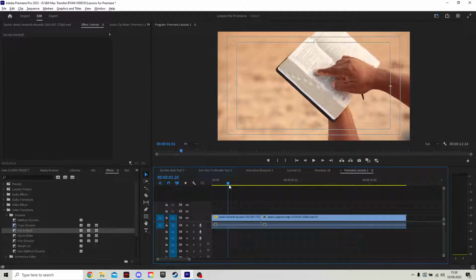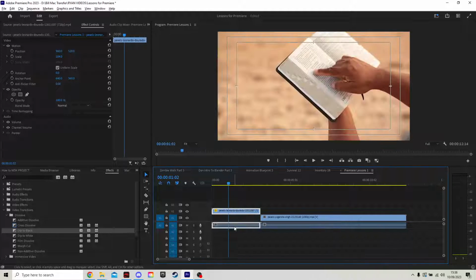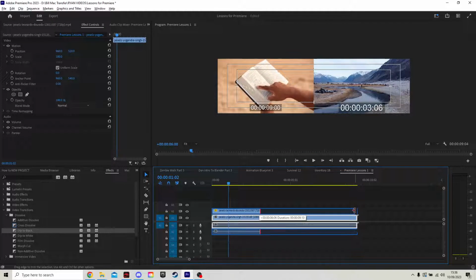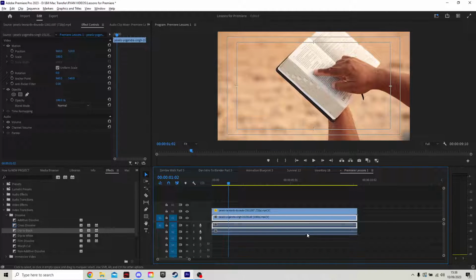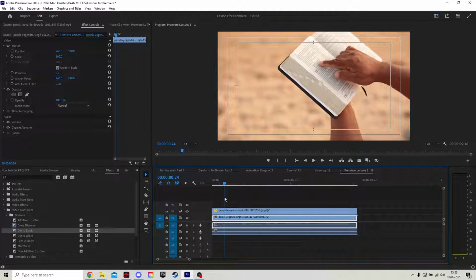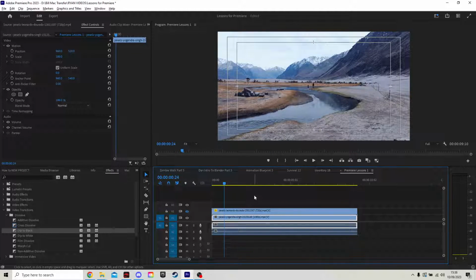Let's get a little bit more arty. So let's say over this, I want a low opacity version of this playing over the top. What I can do is click and drag it up to the next video. Drag this down. Drag this along so that the book is on top. Let's get them at the same length. Nice. So the problem is, obviously, the one on top is the one that plays. If I click this eyeball, I can turn it off, but